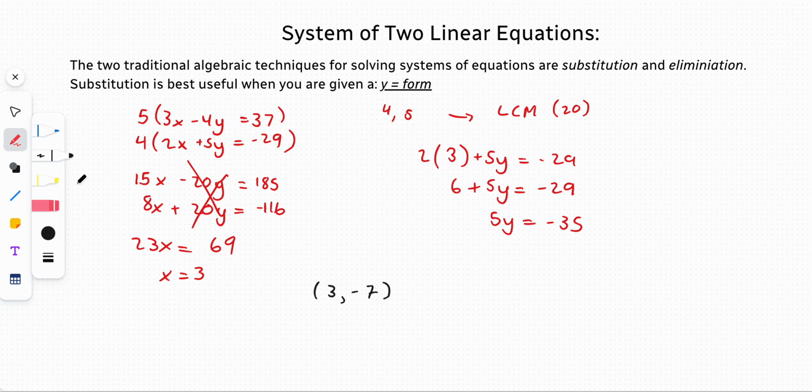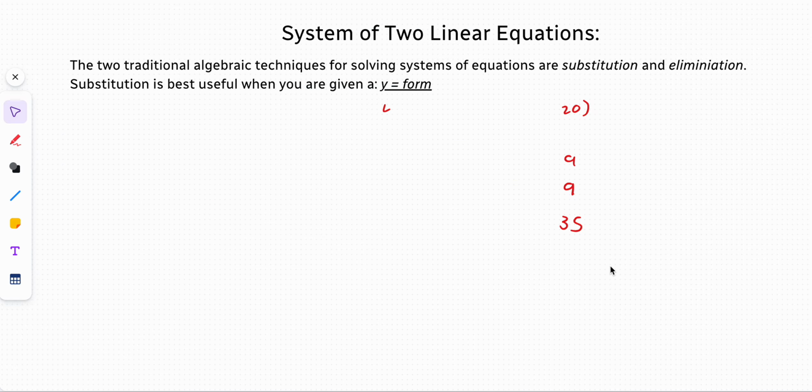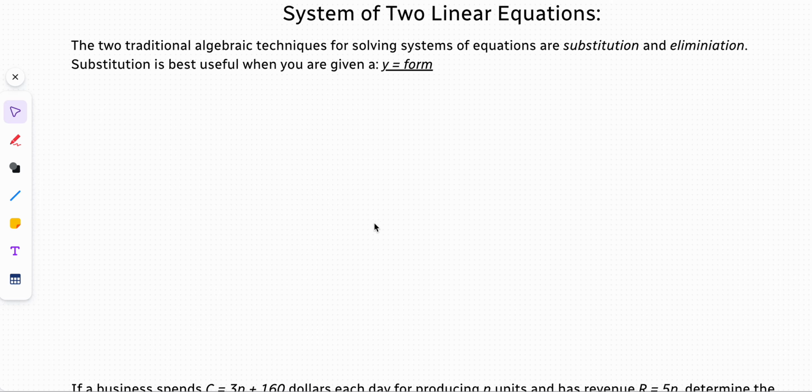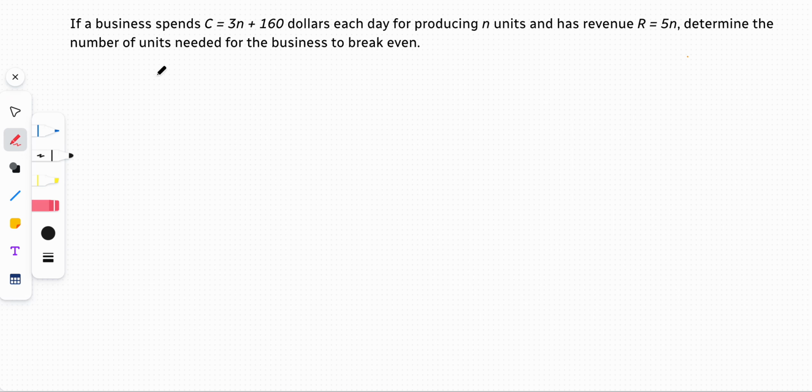Alrighty, so let's move on to a couple of word problems dealing with systems of equations and other stuff like that. Alright, so for this first one, we have: if a business spends C equals 3n plus $160 each week for producing n units and has a revenue R equals 5n, determine the number of units needed for the business to break